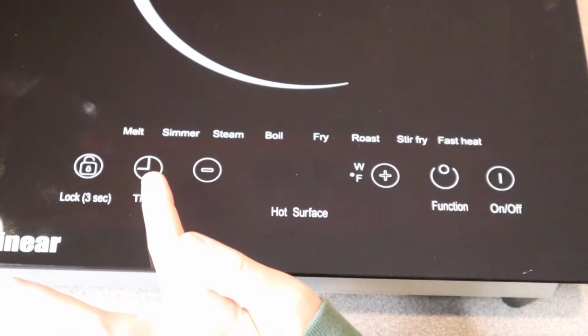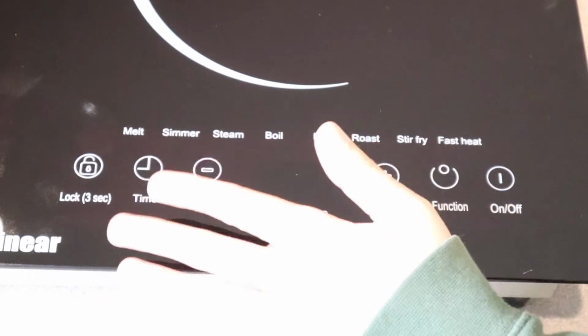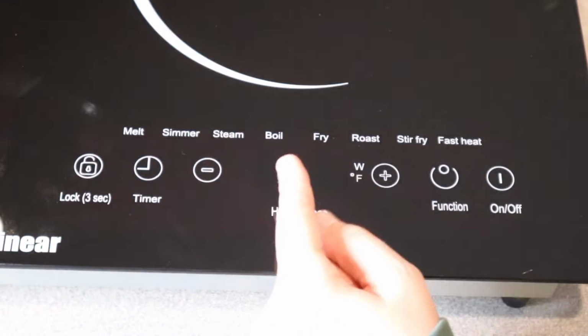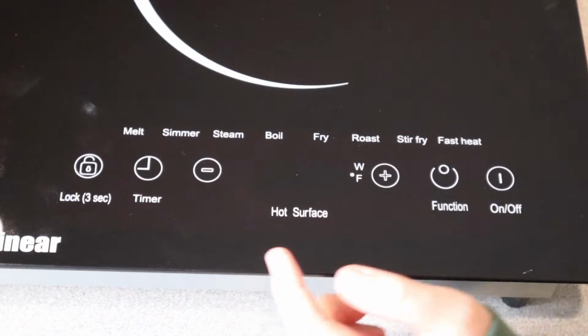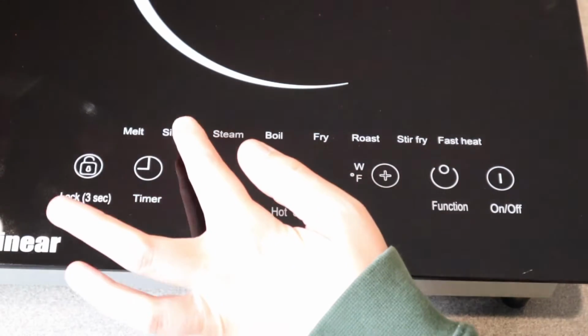This is the timer option, and you can use this plus and minus to adjust the time that you want this to stay on for if you're not going to be right next to it, for example. This little screen right here is going to show the temperature, and you can adjust that using this plus and minus as well. This is the function button,